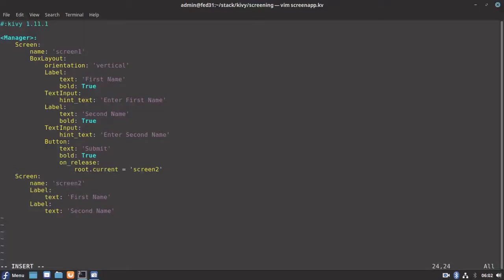Okay, so let's put this screen 2 also into a box layout as we did for our screen 1. Orientation, we'll put it in vertical direction, and let's adjust our labels such that they fall into our box layout.